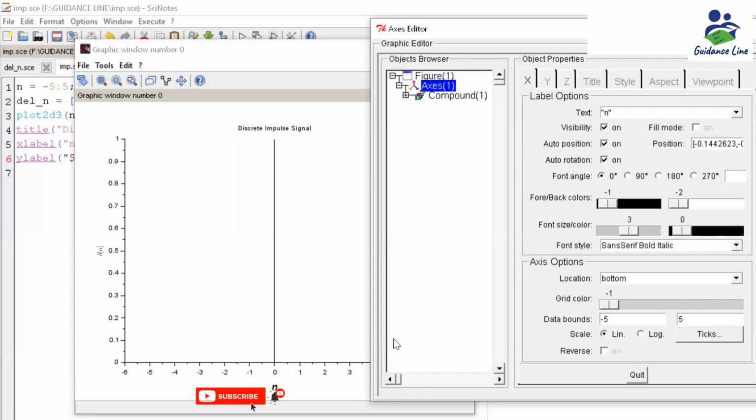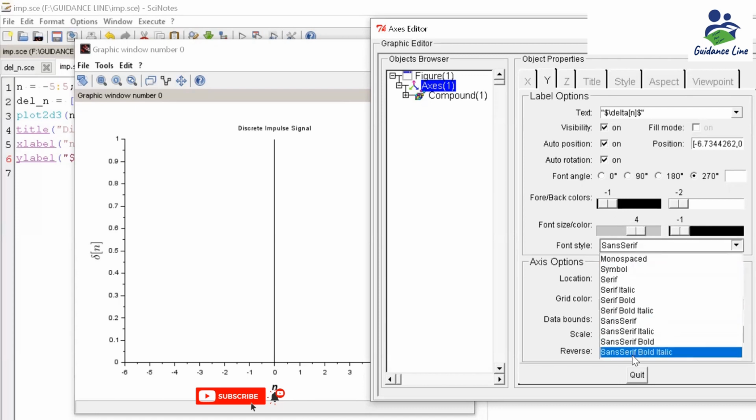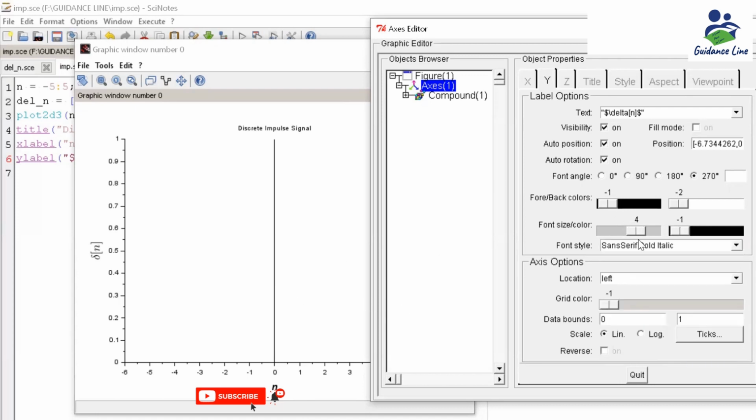For 0 I can have a black color, and for other values we have different colors. Likewise, if I want to modify the y property, I am first increasing the font size, then changing the font style. I am making it sans serif bold italic.